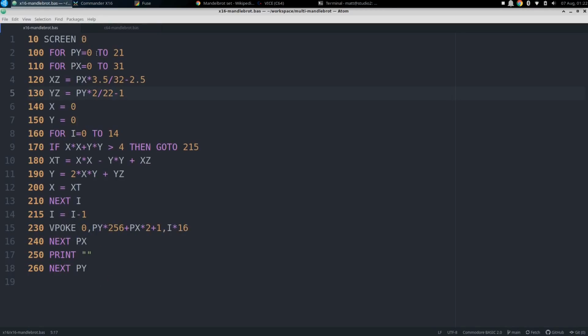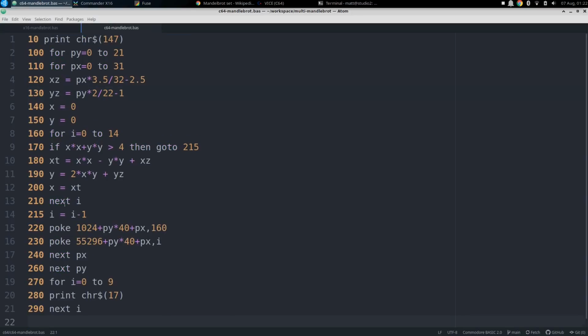So through 215, it was that breakout for the loop. So if we're not going to do all the iterations, we break out and go to 215. And so we have the same thing here at 215, where we do a decrement of I. And this makes sure that our lowest color code will be 0, which is black on both the Commodore X16 and the Commodore 64. And then for the Commodore 64, what we